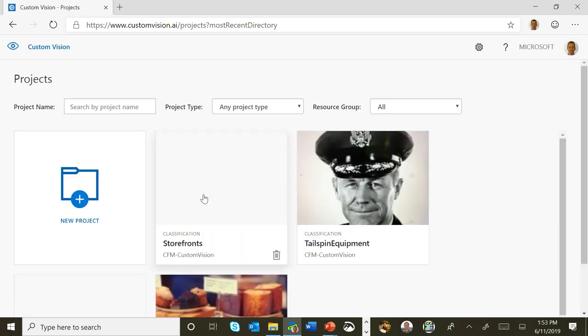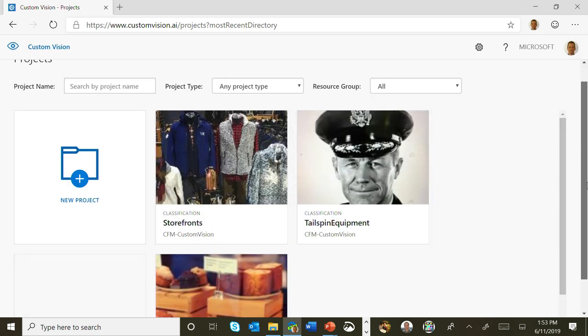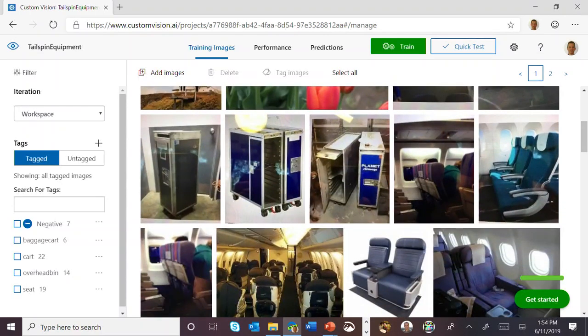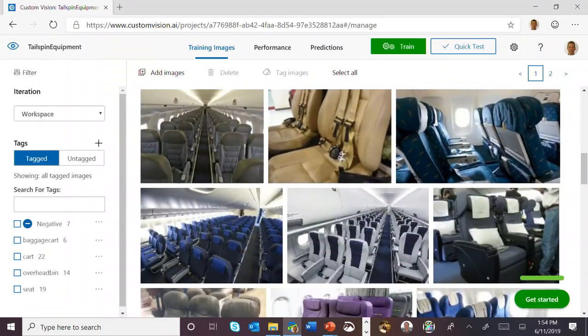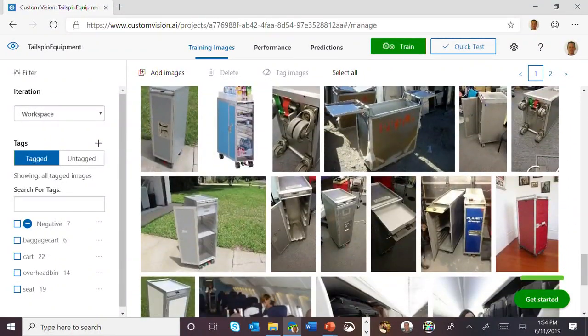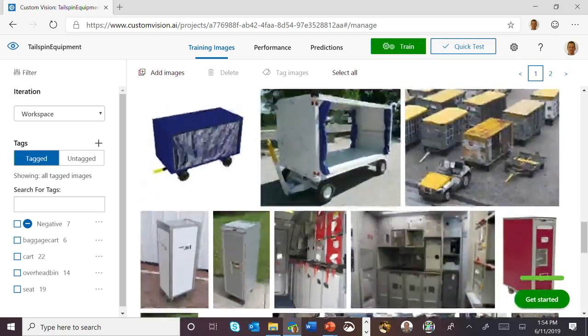So this is done using Custom Vision. You also can do the same thing inside of AI Builder. But building a custom image recognition model, again, as I talked about the flow that I built this morning, I can do it, so you can do it. This is an AI model that I myself built. You can see a number of images of typical airline equipment, of carts, of seats, of luggage carts, all the kinds of things that we might want to recognize.